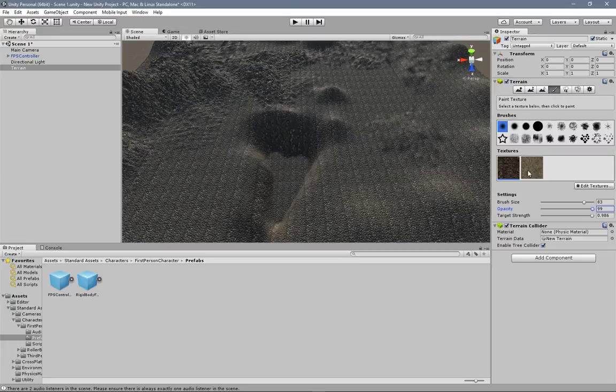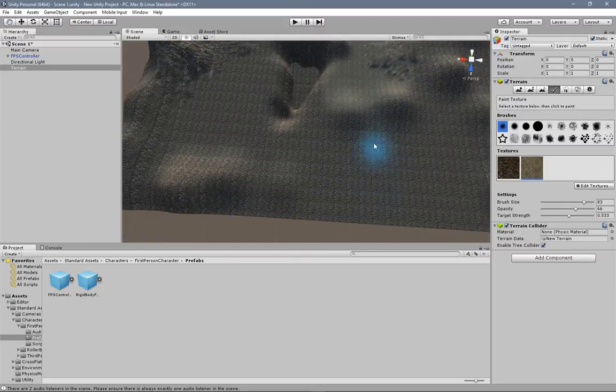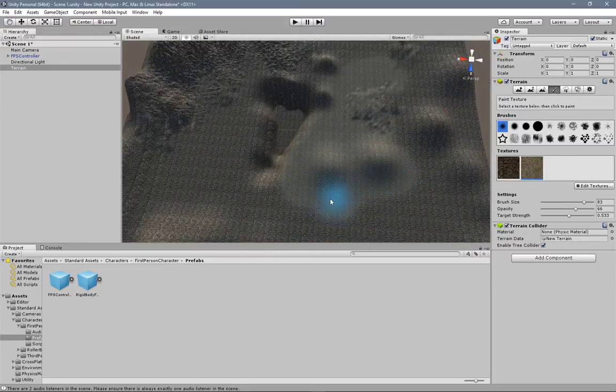Oh, wait, I always do this. When you create a new texture, guess what? It doesn't actually select the texture that you just chose. So now I've got to choose that. Let's go back to the opacity and strength. There we go. We can increase that a little bit. And you can see how I'm creating a slightly different rocky look that has some grass to it. Okay, and I'm going to avoid my